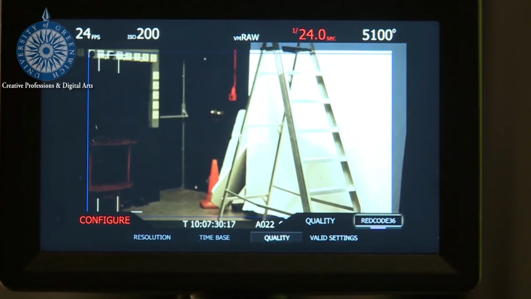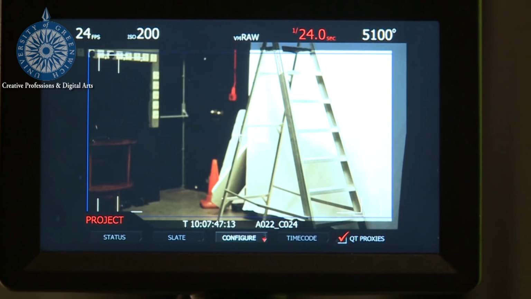The red at Greenwich has the memory cards and you can pick red code 42, but you'll get more data. The number refers to the number of megabytes per second that gets recorded. It's a very high recording rate, very high quality. Okay. If I click up, I've now configured this particular project. Let's have a look at some more things. Let's go to